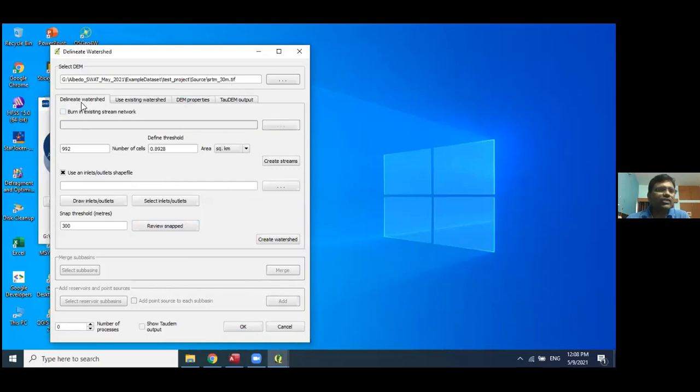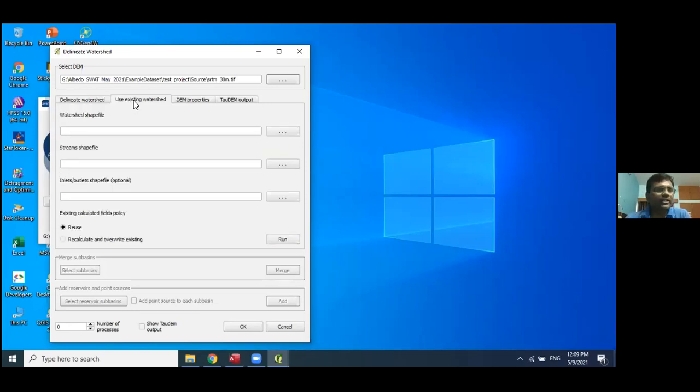Then the next one is the delineation of the watershed. As I have told you, there is an option to burn in an existing stream network. If you have a correct stream network, you can import it and burn it into the current project, and it will adjust the stream network accordingly.